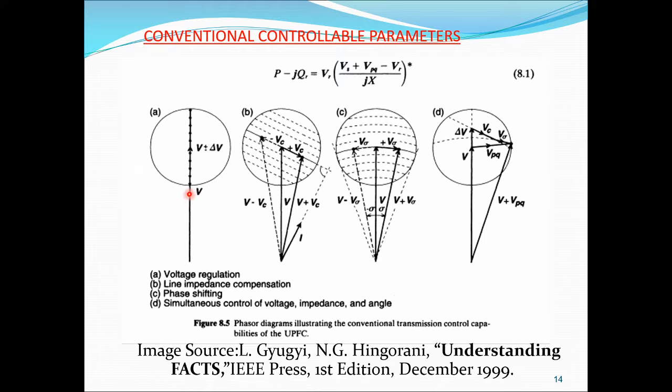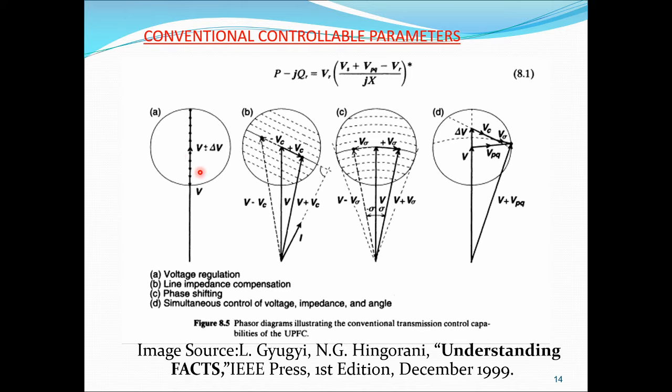Observe this particular diagram. Let the voltage be V here. I would like to increase or reduce this voltage, so regulation of voltage will occur. In order to add delta, we change the voltage plus or minus. There is no variation in the bar. Within that circle only I would like to control. We can observe this in the controllable parameters now.